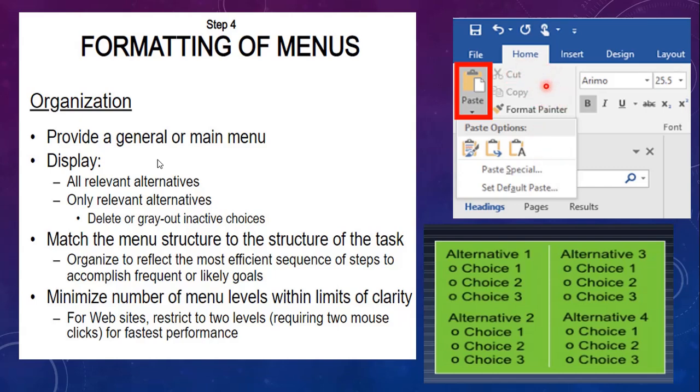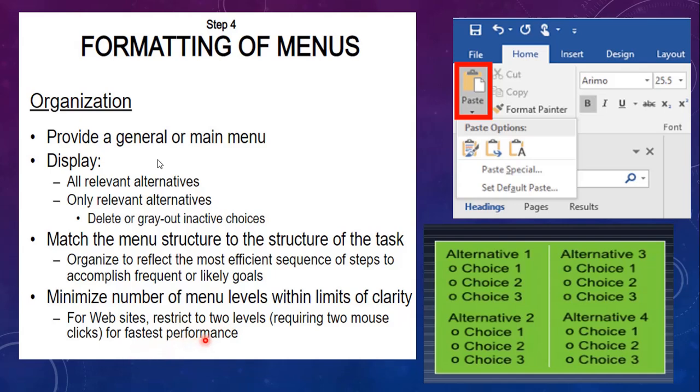Priority has to be given to the most frequently used task, placed in a particular order.